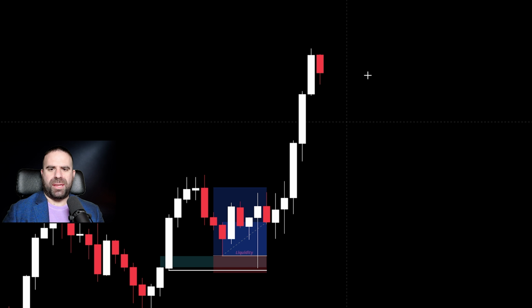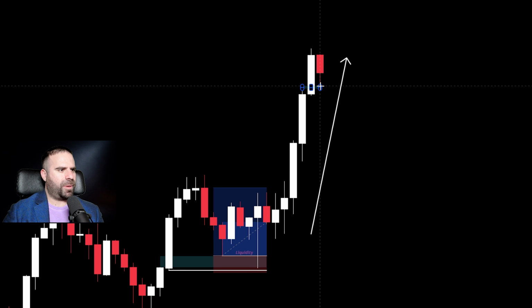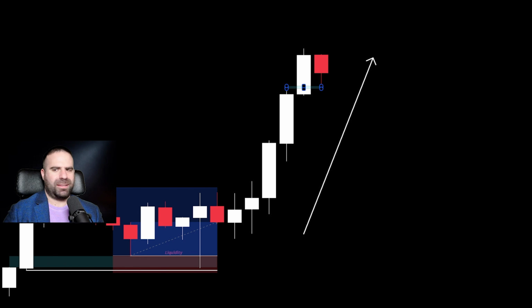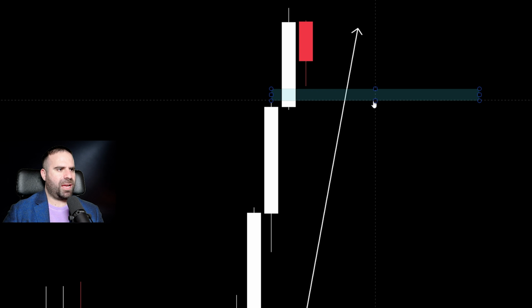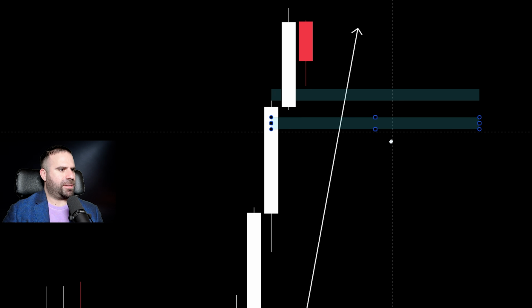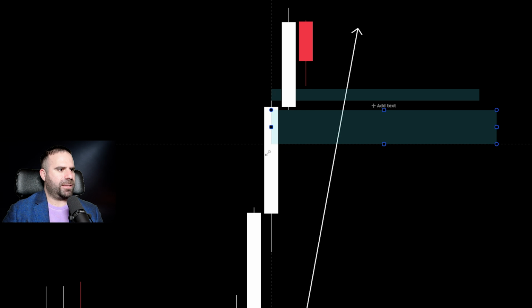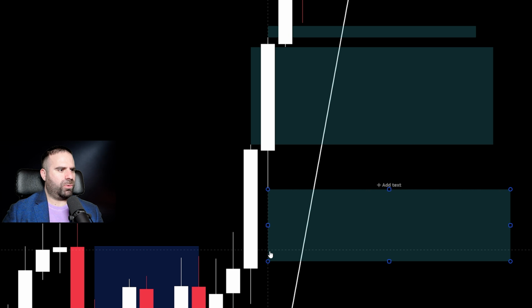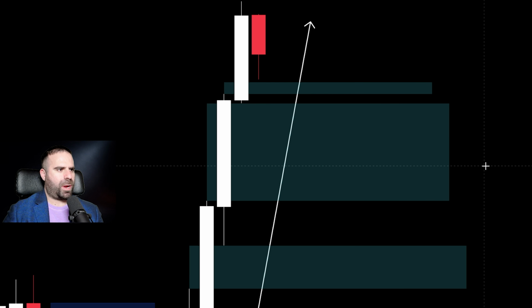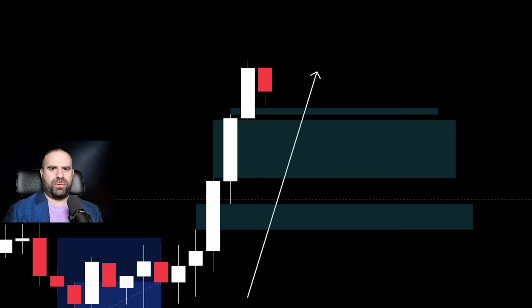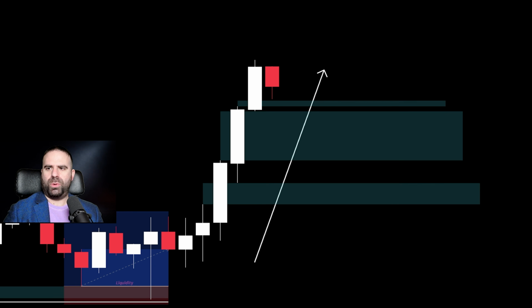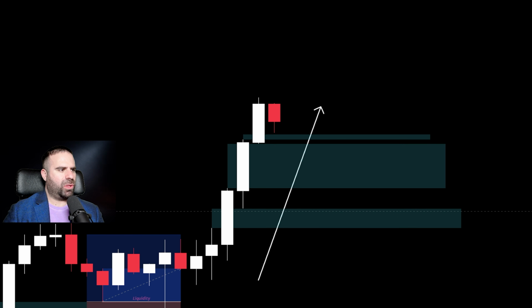Here on this impulse leg right here, you have again a ton of fair value gaps. One fair value gap is this fair value gap right here, and I can zoom in even further. This one right here, you see this gap? A second fair value gap, as I see it, is this fair value gap right here, okay? A third fair value gap is this fair value gap right here. And now the question, again, is for many of you, what the heck am I doing, Chris? How am I gonna be entering those fair value gaps?